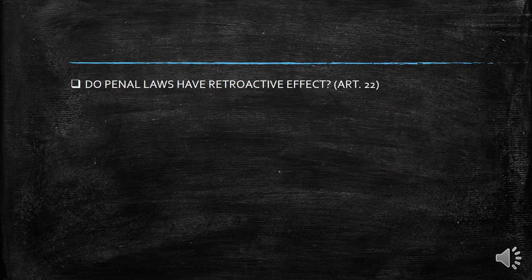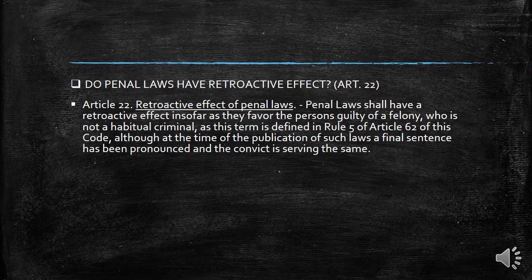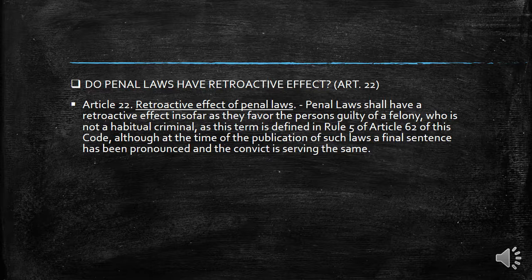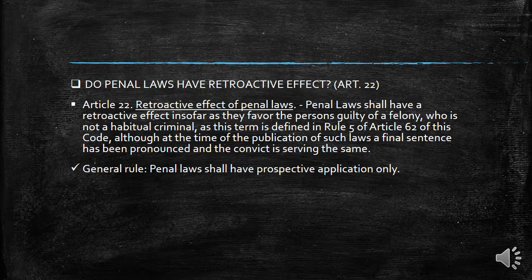Do penal laws have retroactive effect? This is answered by Article 22 of the Revised Penal Code. Article 22 states, penal laws shall have a retroactive effect insofar as they favor the persons guilty of a felony, who is not a habitual criminal, as this term is defined in Rule 5 of Article 62 of this code, although at the time of the publication of such laws, a final sentence has been pronounced and the convict is serving the same. Let us dissect this